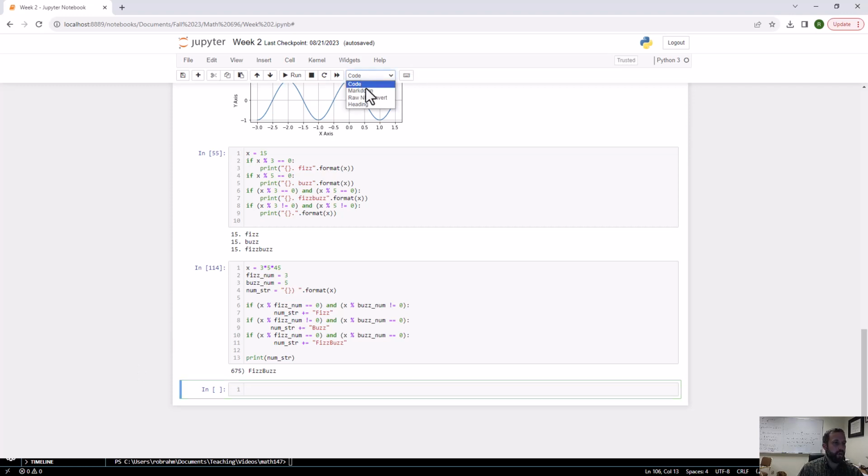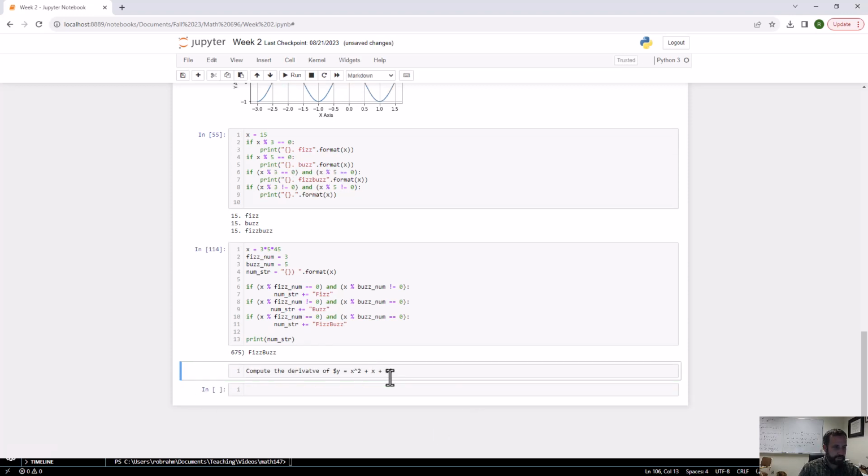But let's say our goal for this video is to compute the derivative of the function y is equal to x squared plus x plus 1. Like, this is what we want to compute the derivative of, using the difference quotient. Okay, so an approximation is,